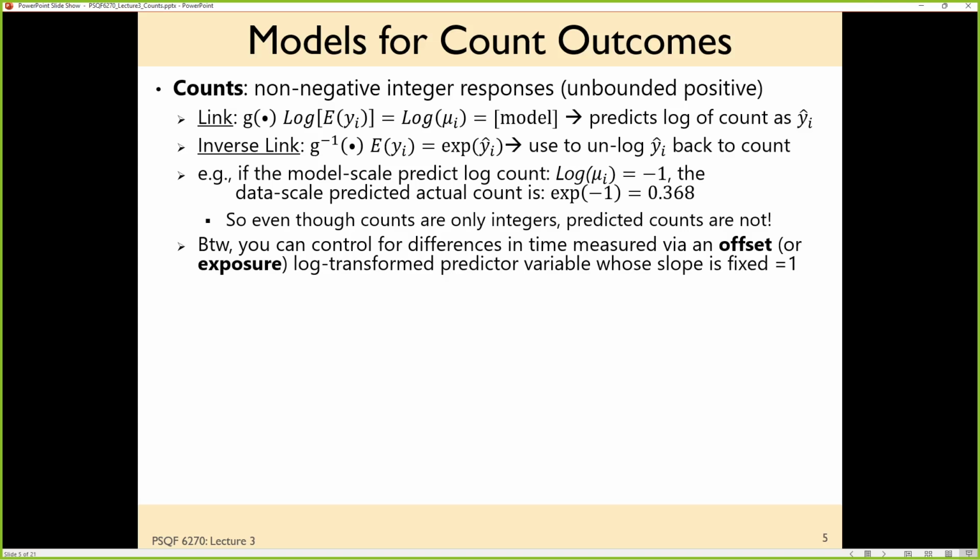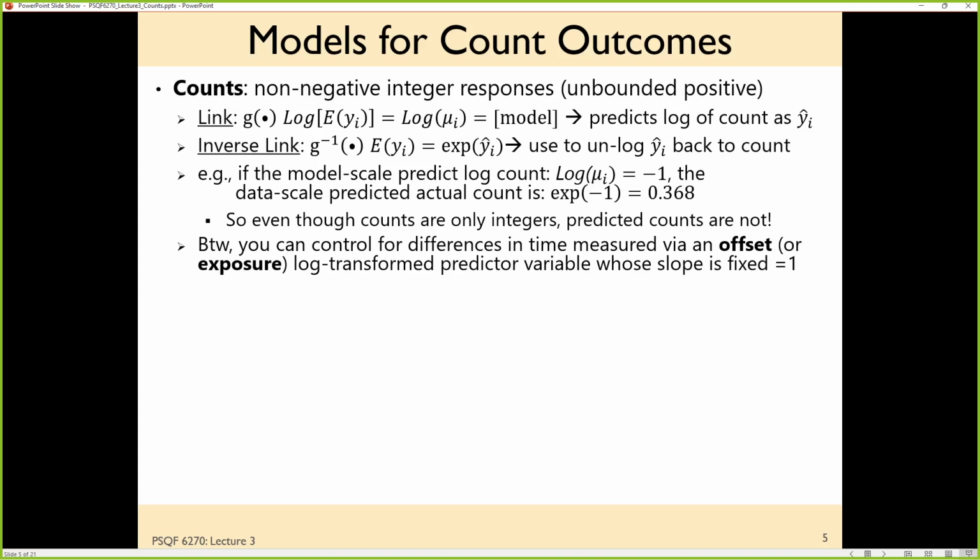So for instance, if you wanted to test that a slope is 1, and that's your baseline, one way to do that is to put in an offset where you put in the predictor variable, and without doing anything else to it, it has an implicit slope of one. Then you can look at a model comparison with that predictor versus letting the predictor have a different slope that's estimated and see if those two are different. If the model log likelihood is higher or the -2 log likelihood is lower with the slope being estimated, then you know that it's different than 1.